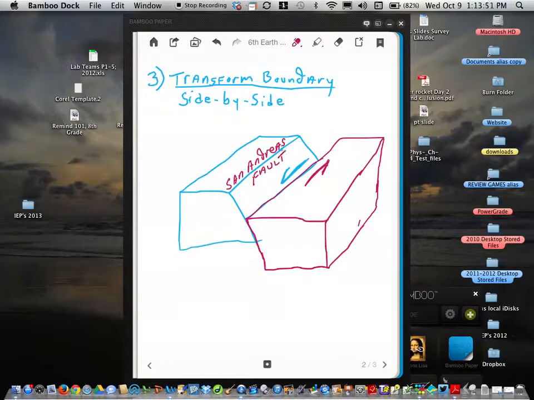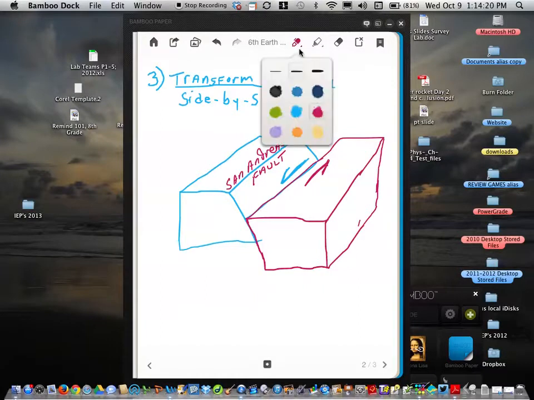And the San Andreas Fault is one where the two plate boundaries move like this. Instead of going apart like in divergence or together in convergence, they go side by side. So we can illustrate that